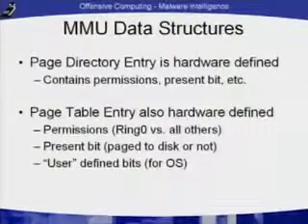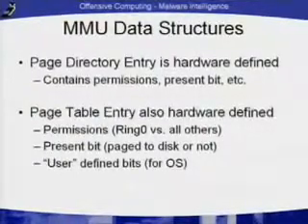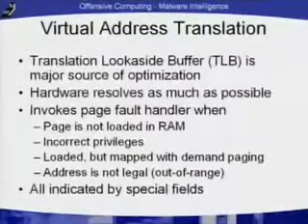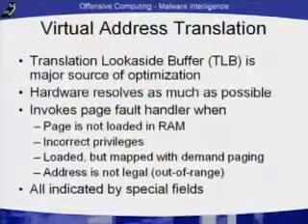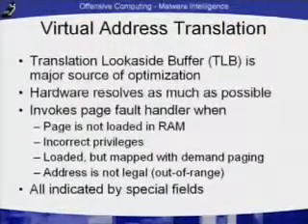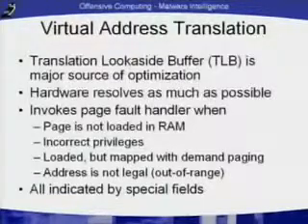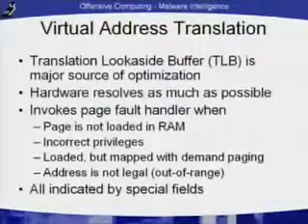So all of these are hardware-defined data structures. And again, they contain permissions, whether they're present or have been paged to disk. The page table entry also has this. It's the next layer down, and it has all these other bits which we can use to overload. So to speed all this up, there's a TLB, which is a translation look-aside buffer. It resolves this as fast as possible and provides a cached way to look up addresses. And if it has a problem, let's say that there's a page that's not loaded in RAM, or there are incorrect privileges, or it's loaded but